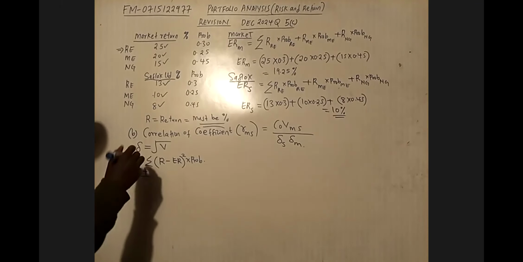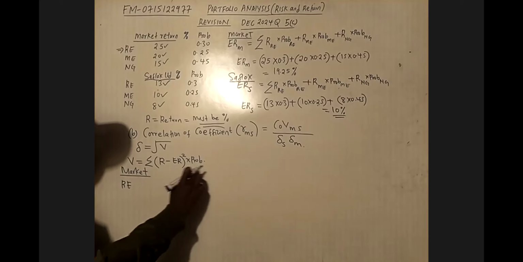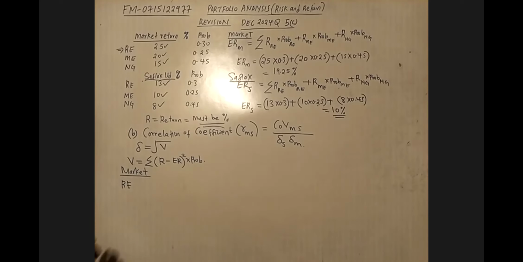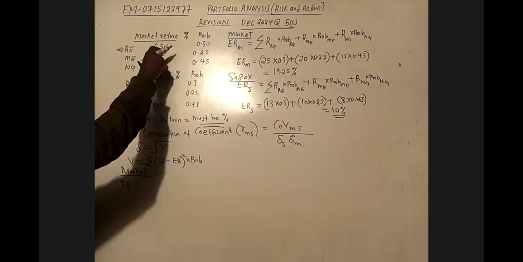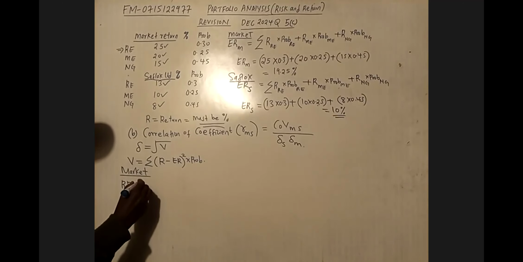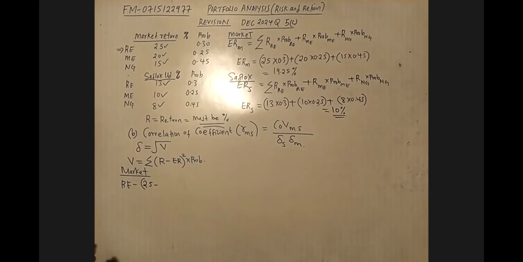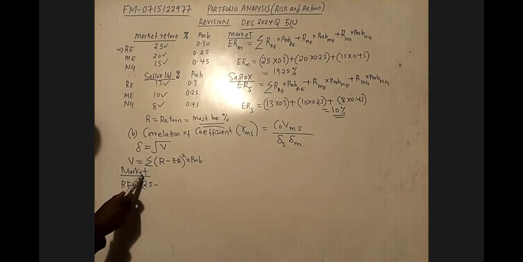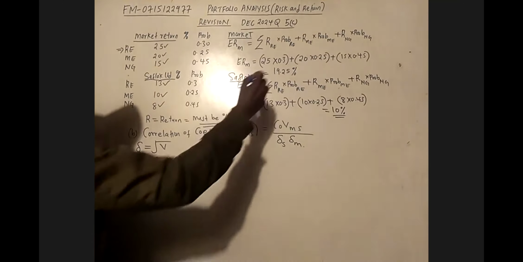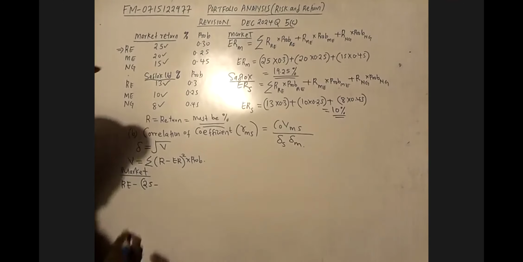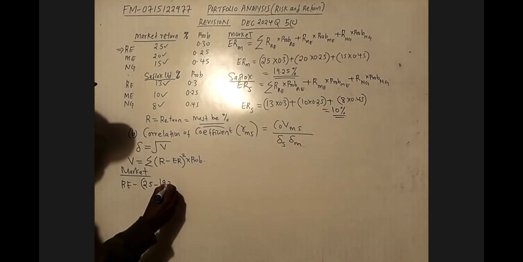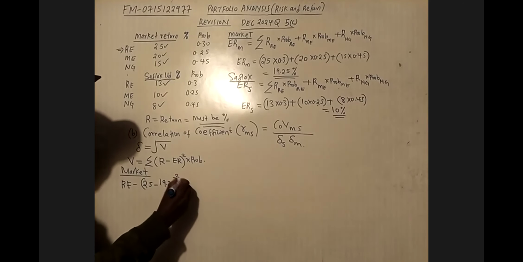So we start with rapid. Now this is the formula. We start with the return, the normal return. The first one, rapid, is 25. We minus our expected return. Remember we are looking for the market, so for the market our expected return is 19.25. Squared. We multiply with our probability, which is 0.3. The second one we go to